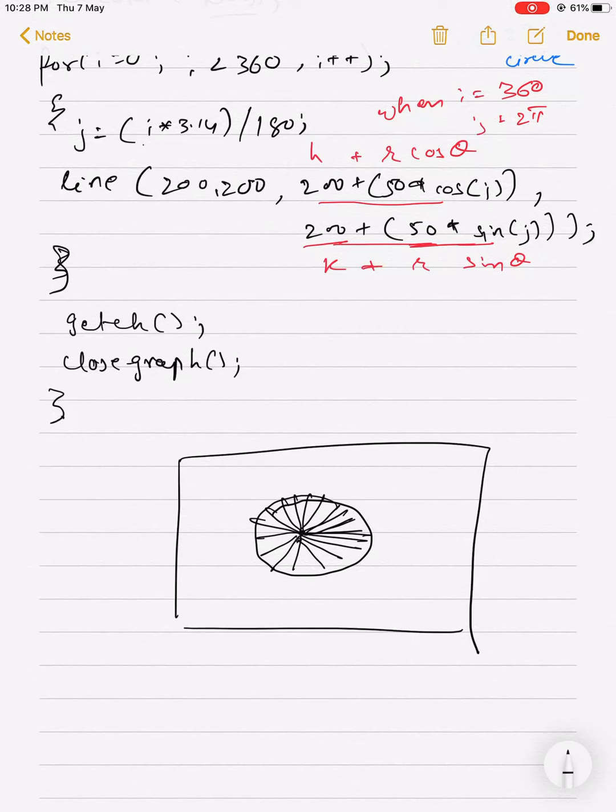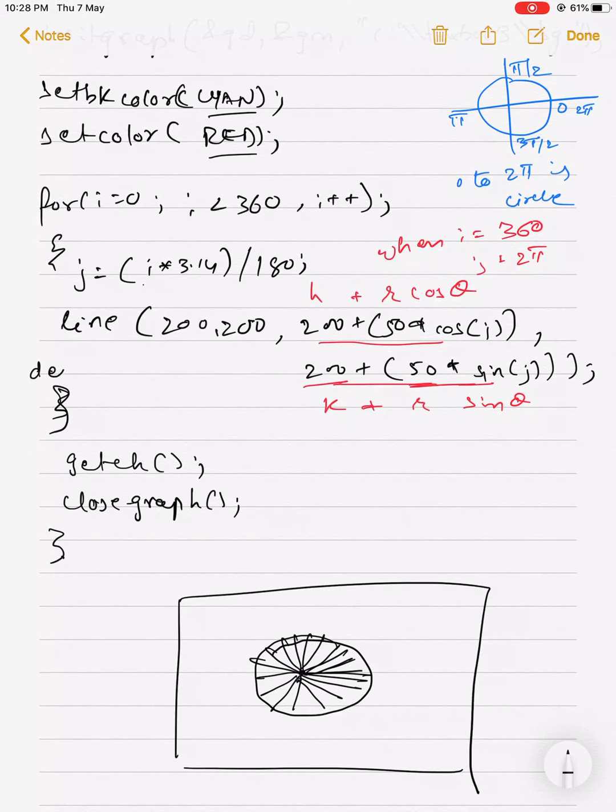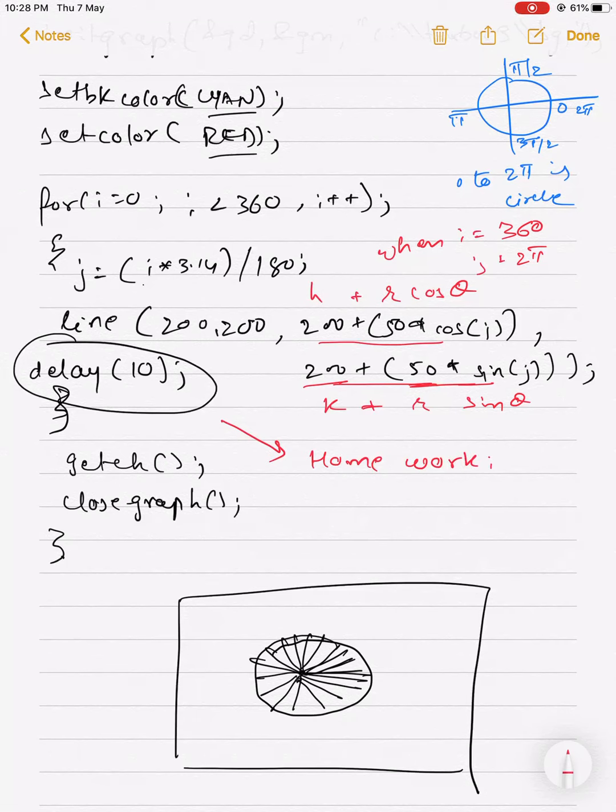And if you want to check each and every line closely, add one more function, delay, and put a timer of 10. This is delay 10, just check the difference. This is your homework. Write down the function delay 10 and check the difference. I hope you will do this.